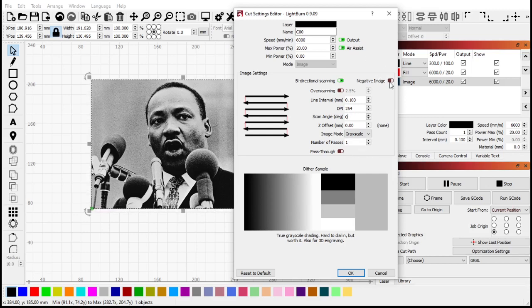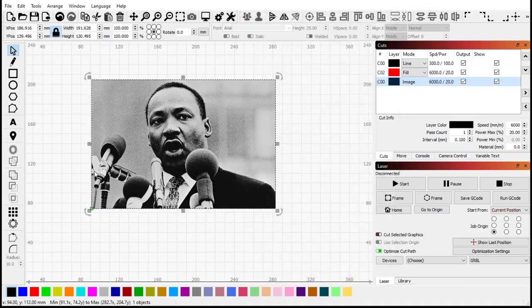I can do negative, but I can do that in LaserGRBL too. But I don't quite have all the options I have in LaserGRBL for the image itself. So I do still prefer LaserGRBL for images. Okay. Okay, so let's go back to LaserGRBL here,